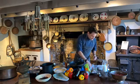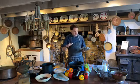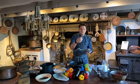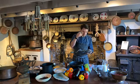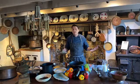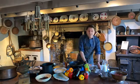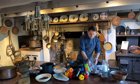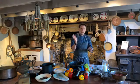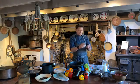So we're cooking shrimp today, and before we get started, I just wanted to quickly talk about shrimp, and we have some decisions to make if you're going to make this at home. We have some absolutely beautiful Gulf shrimp that we're going to be using, and once we start cooking, all this is going to come together very quickly, but you have some decisions of how you want to make it at home. Do you want to leave the shrimp whole with the shell on them and then have to peel them? While you get great flavor from the shell and the head, I prefer to go ahead and peel the shrimp anytime I'm using a shrimp dish,